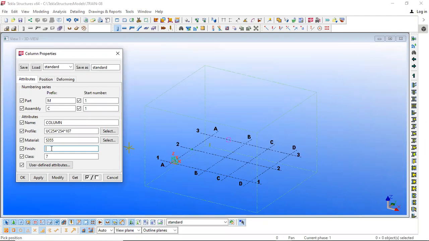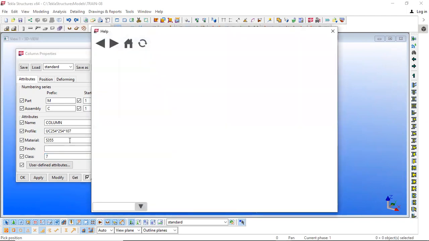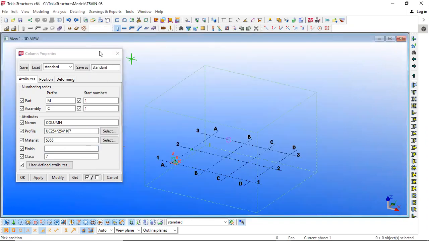Then we have class. Class is the color defined by Tekla Structures. There are certain class definitions, fixed colors. So 7 refers to pink.